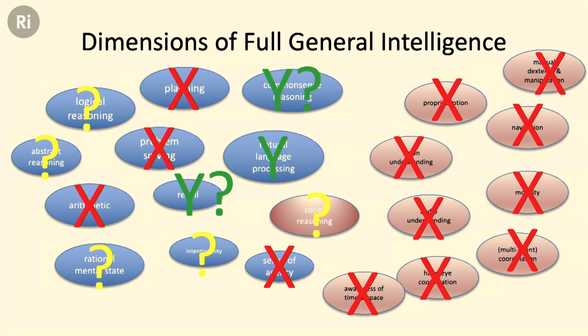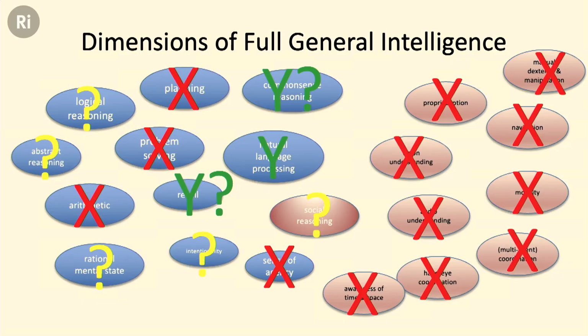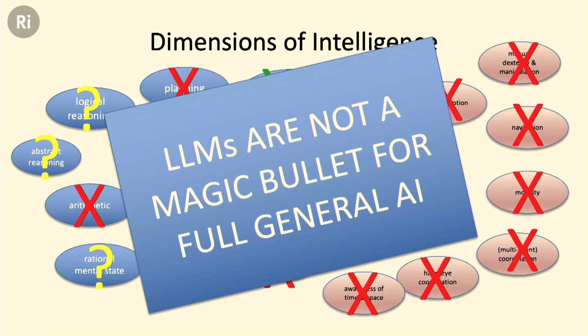The one that we've really nailed is what's called natural language processing. That's the ability to understand and create ordinary human text. That's what large language models were designed to do, to interact in ordinary human text. That's what they are best at. But actually, for the whole range of other stuff here, we're not there at all. By the way, I did notice that Gemini claimed to be capable of planning and mathematical reasoning. I look forward to seeing how good their technology is. But my point is, we are still seen to be some way from full general intelligence.